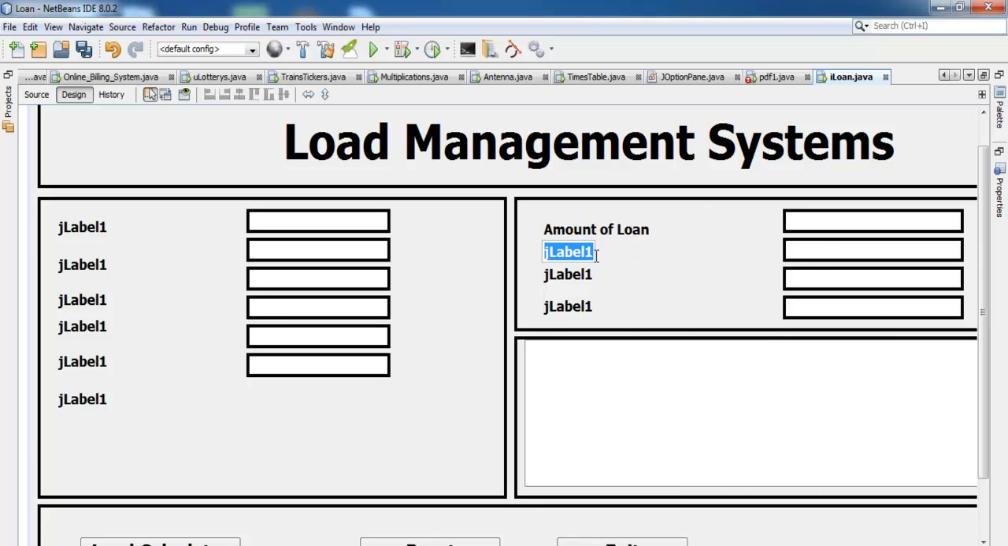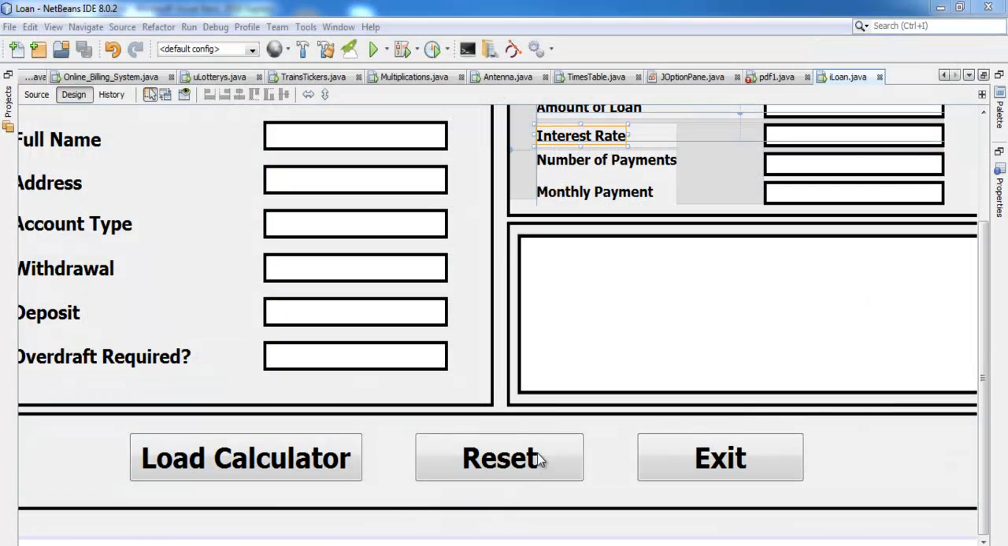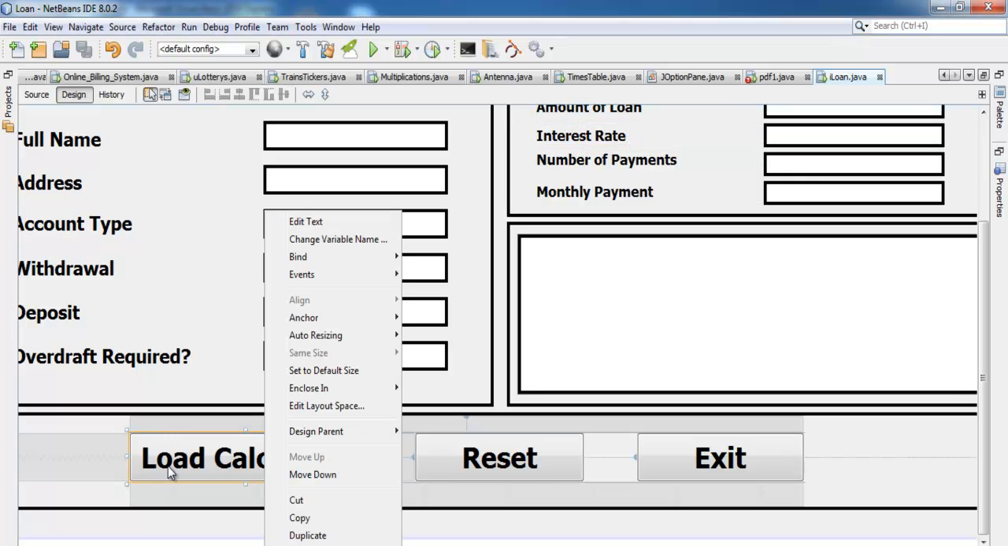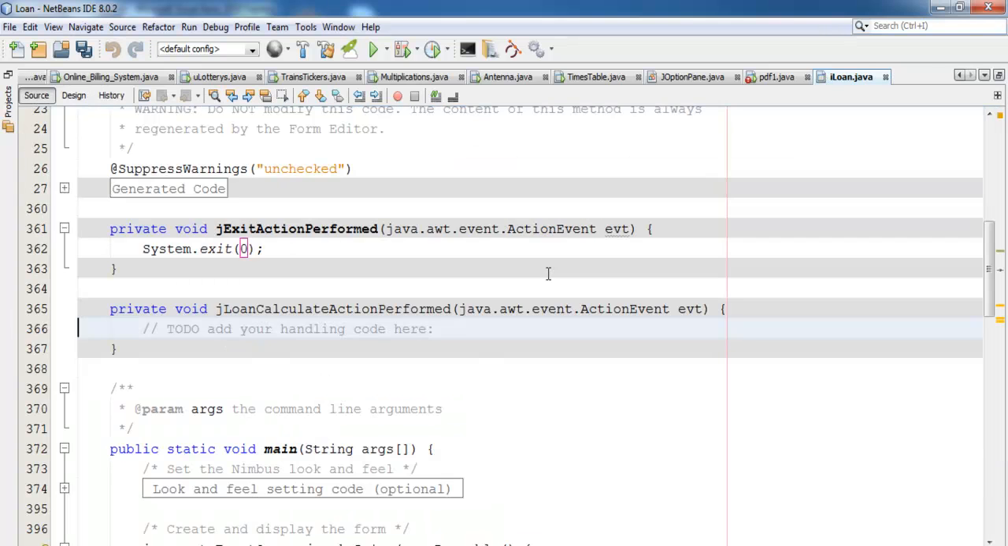So I'm just editing these and naming them all. So I'll just speed that up as well. Okay, this is how the interface is looking right now. Just run it so that you guys see how it looks. So I'm going to start with the coding. So let's right click on the loan button right there, and let's select action perform event, and maybe before that